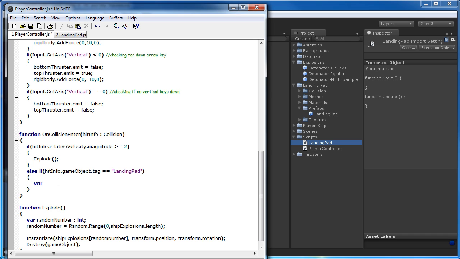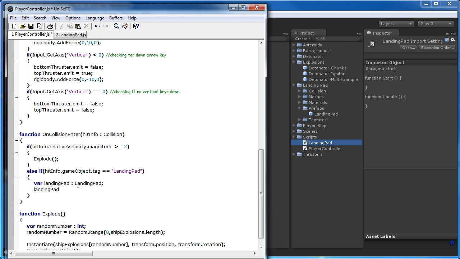So we'll say variable, let's do landing pad, and then we have the type, and this is where we tell it exactly what the name of that script is going to be. So before you can access it, in this case we have to know exactly what it is. In our case, of course, landing pad is the name of that script. So landing pad becomes the type instead of game object or transform or particle system or something. It's just landing pad as the type. And then we tell it what that landing pad is. So landing pad equals